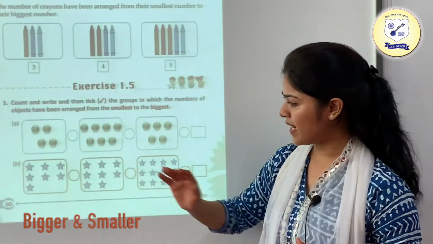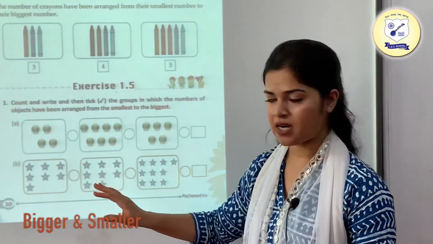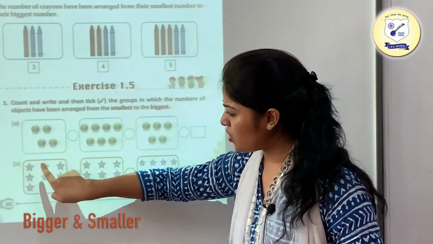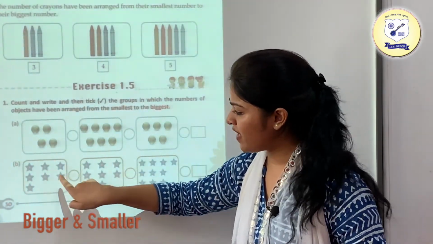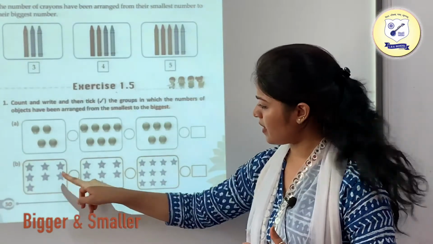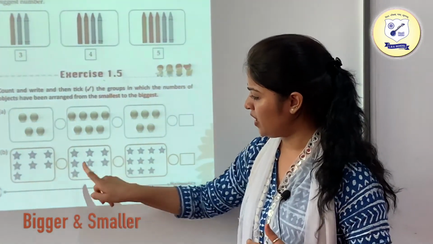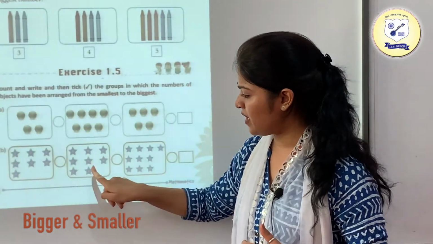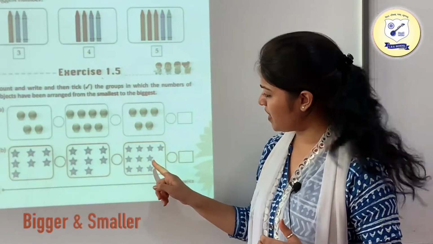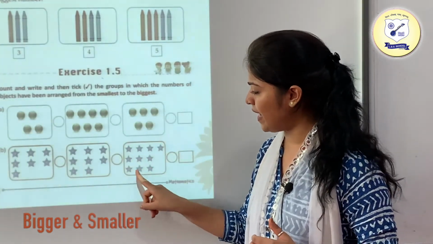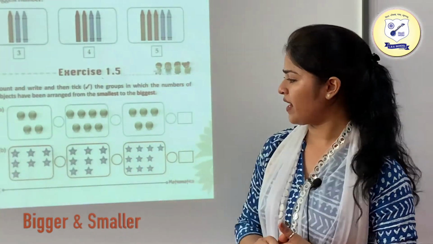Now just move to the second part, in which we are having a few stars. Just start counting the stars. So we are having 1, 2, 3, 4, 5, 6 and 7. Write down 7 in the circle. After that we are having 1, 2, 3, 4, 5, 6, 7 and 8. Just write down 8. After that we are having 1, 2, 3, 4, 5, 6, 7, 8, 9 and 10. So just write down